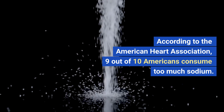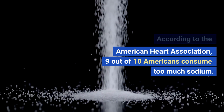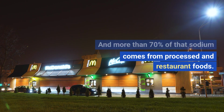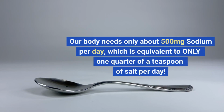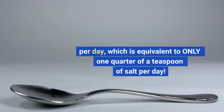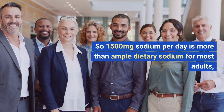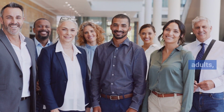According to the American Heart Association, 9 out of 10 Americans consume too much sodium, and more than 70% of that sodium comes from processed and restaurant foods. Our body needs only about 500 mg sodium per day, which is equivalent to only 1/4 of a teaspoon of salt per day. So 1,500 mg sodium per day is more than ample dietary sodium for most adults, unless they